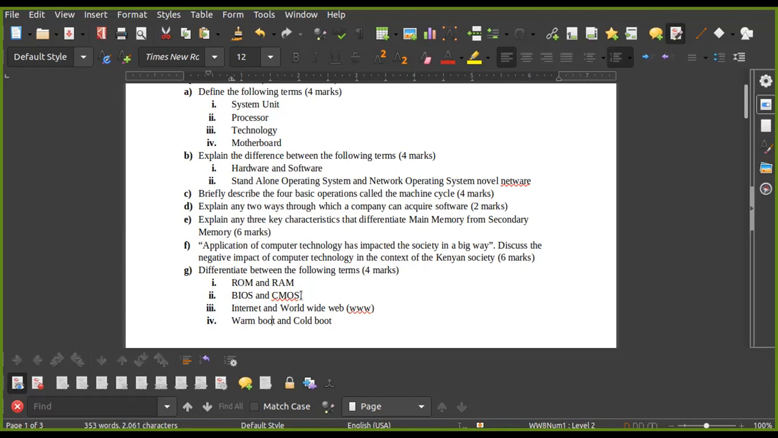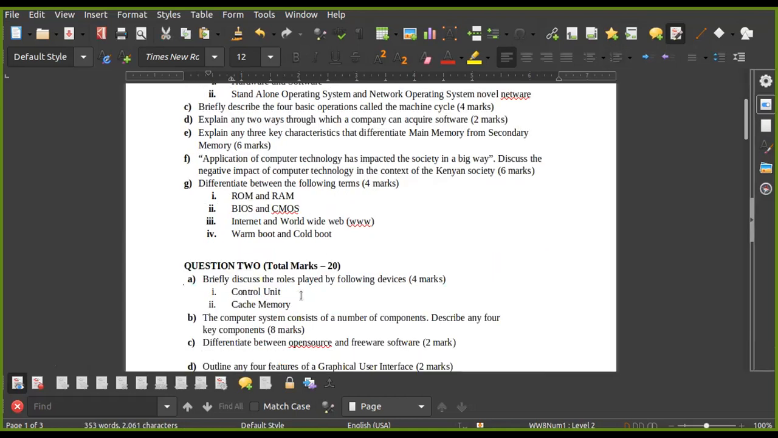Next, briefly discuss the role played by the following devices: control unit and cache memory. Control unit, we did talk about it. Let's talk a little bit about cache memory. Cache is a very fast type of memory that allows us to get instructions pretty quickly. And sometimes whenever you load, if you're online, a particular page and you find that you do not have internet, you might see recently